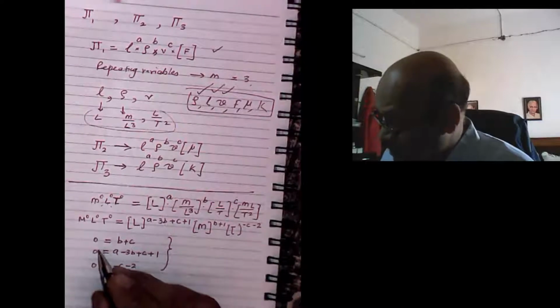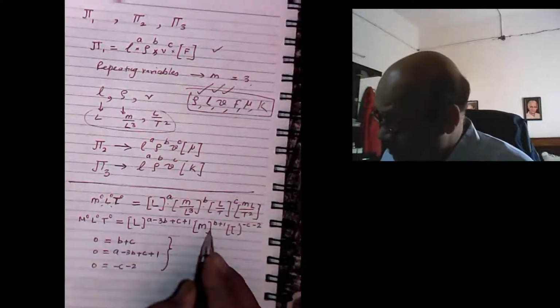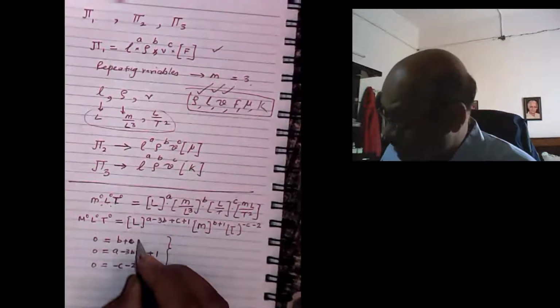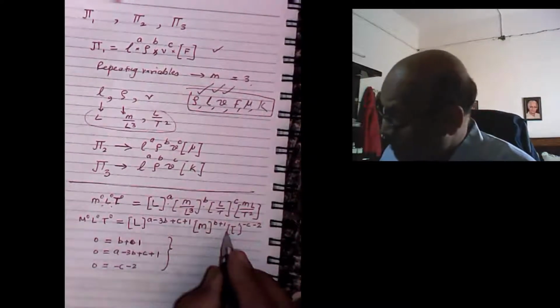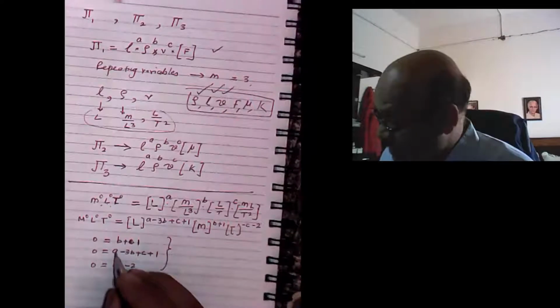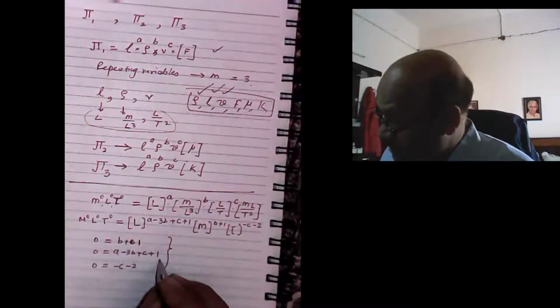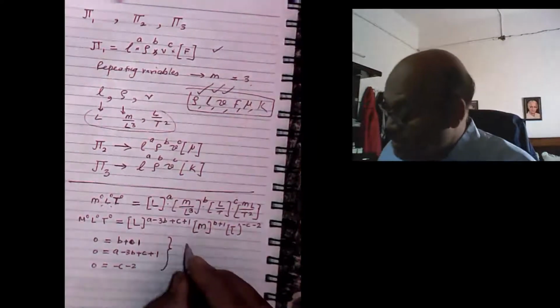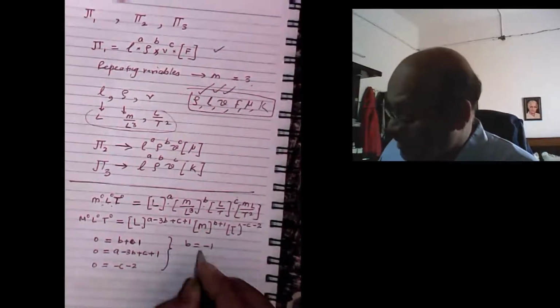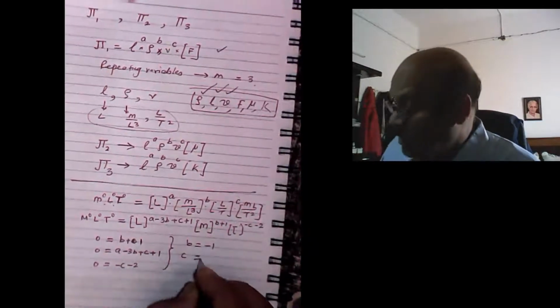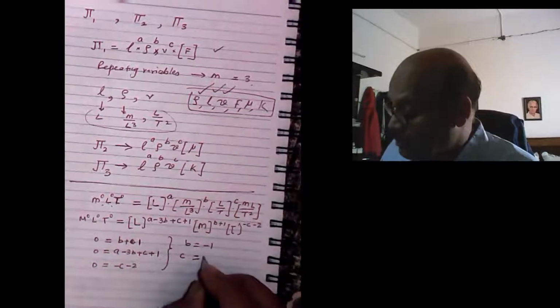Okay, this is M raised to b plus 1. And this is L. Okay, so b equal to minus 1, c equal to what? Minus 2,